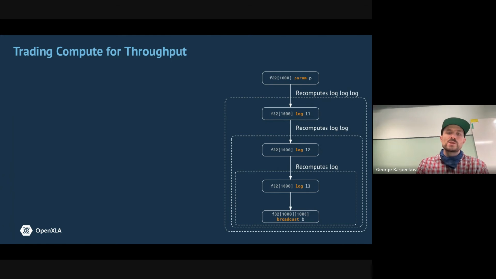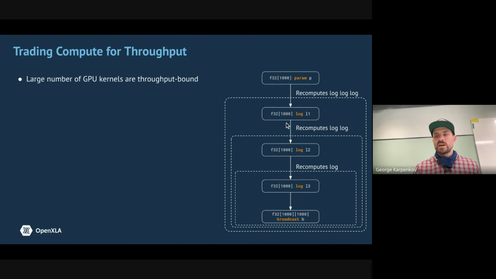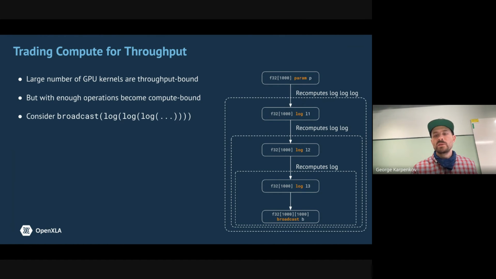We do have a primitive cost model for fusions, which we are working hard on expanding right now and generalizing further. So this gives an example of where you do need some kind of a cost model. As mentioned before, GPU kernels are mostly throughput bound from the ones we see, unless it's a large matmul or a convolution. And then the corollary is compute comes for free. But then it comes for free until it doesn't. So if you do have such a large tower of logs, and you have a broadcast at the bottom, then you can fuse more and more. But as you fuse, that entails log recomputation. So if we were just to cut the fusion here, we would only calculate,